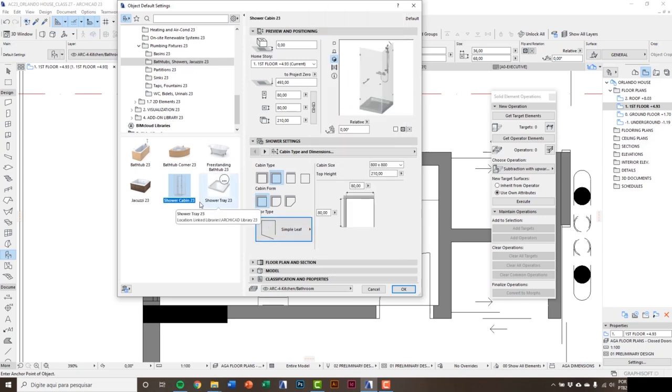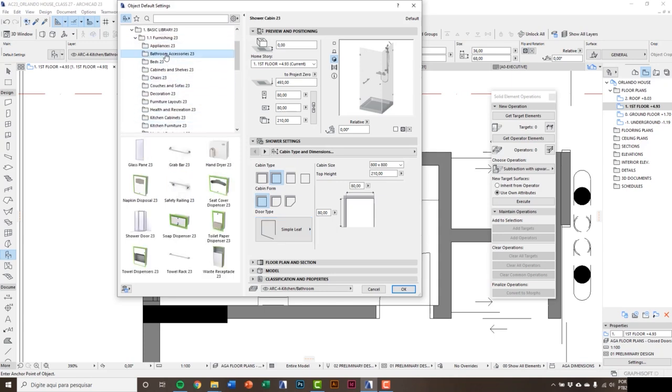Therefore, I could model this element with wall and column tools, for example, but we have another option that could match our intentions. Folder 1.1, bathroom accessories,